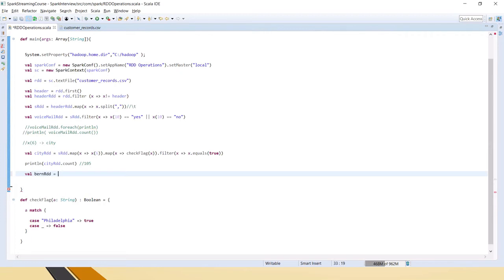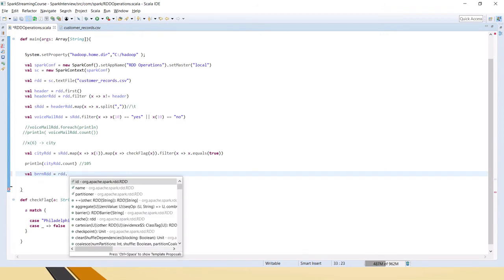I simply created a variable. In this, what I have to do first is, I'll not take the split values, because I don't want to split it. I wanted to take one step less, record wise. I don't want to flush the memory with an array of values, so I am directly taking the RDD, because we will be performing the operation only for a string replace. For that we don't have to split it into columns.